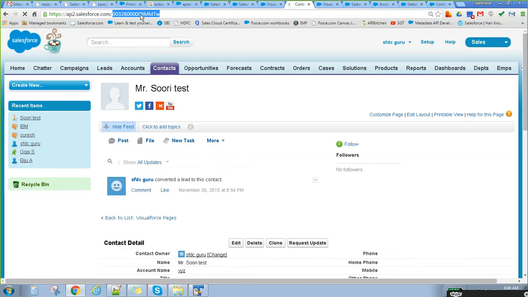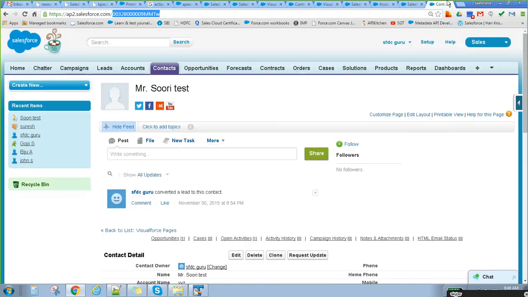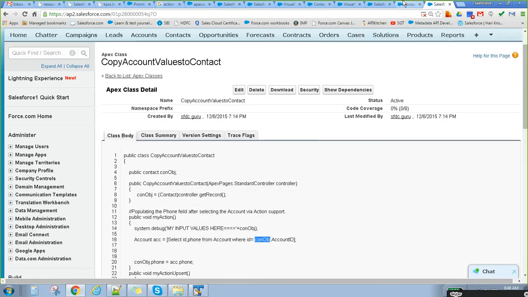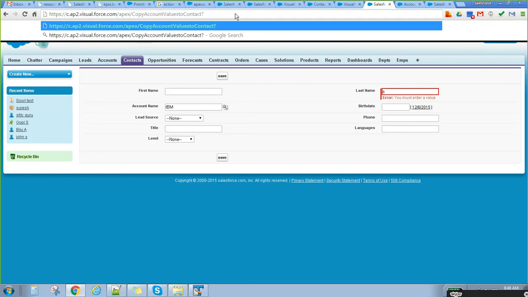So whenever we are opening that particular page from the controller, basically we have to pass some ID here.